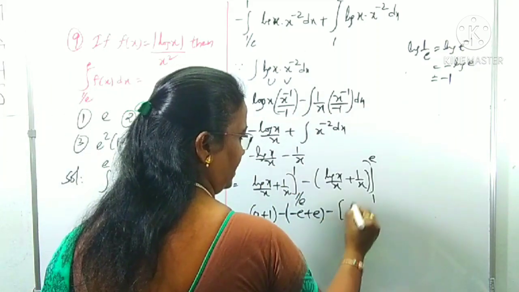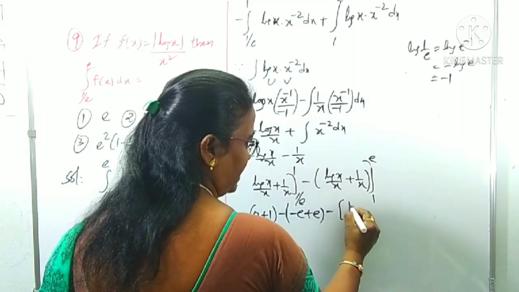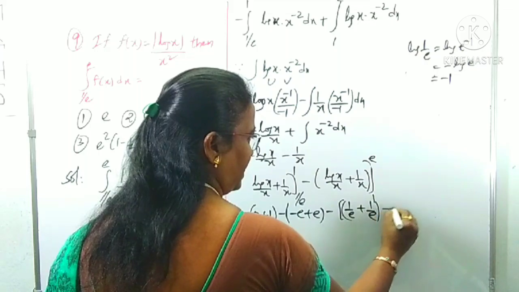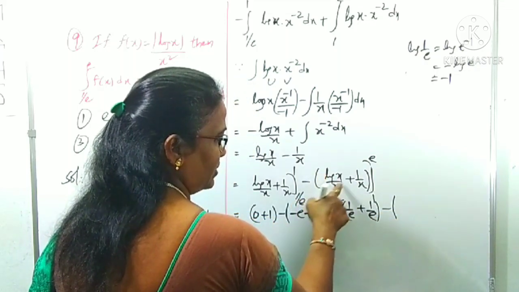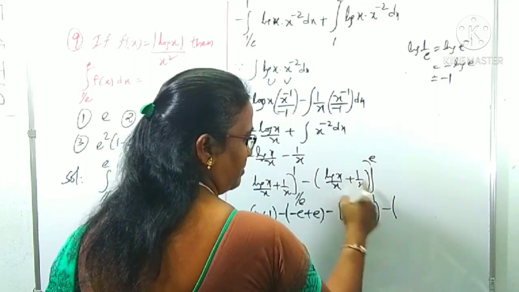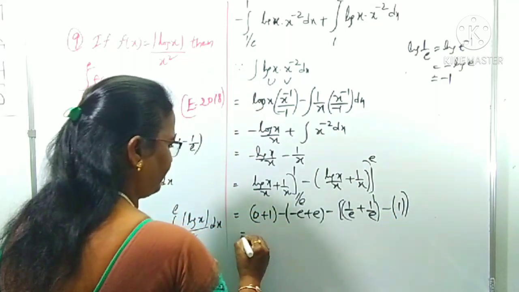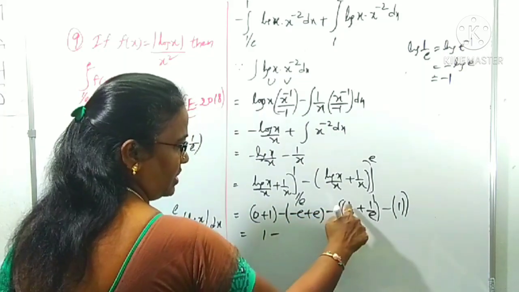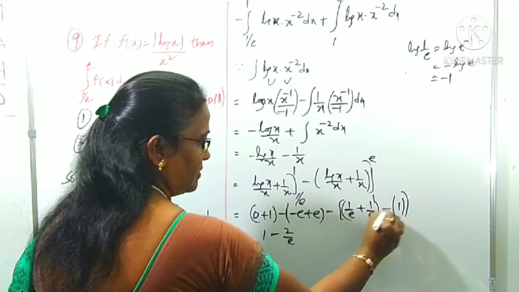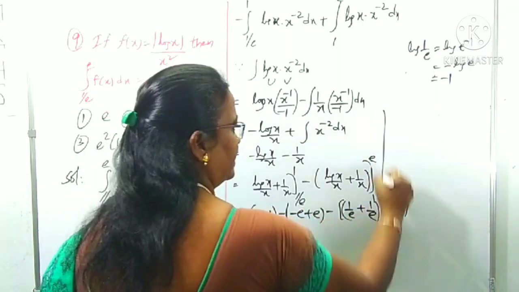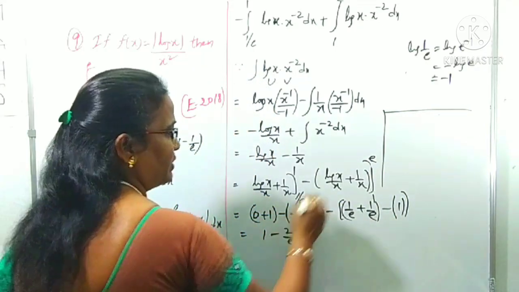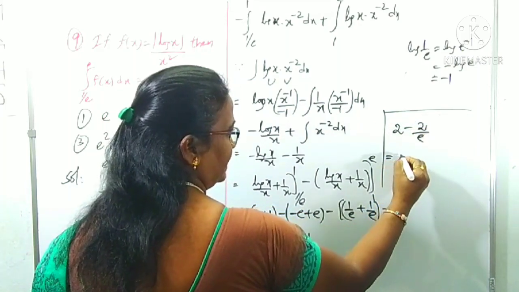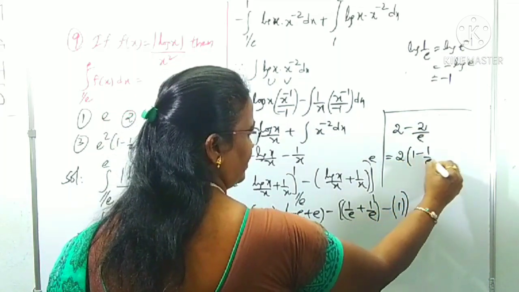Now we can come to the next integral. e we can substitute. Log e is 1, by e, plus 1 by e. This is upper limit minus lower limit. Lower limit 1: log 1 is 0, 0 by 1 is 0, plus 1 by 1 is 1, right? Now this is 1 minus e plus e cancel. This e is cancelled. Now minus 1 by e plus 1 by e is 2 by e, with the minus or minus plus 1, right? Now next step, 1 plus 1 is 2, minus 2 by e. Taking 2 common, it becomes 1 minus 1 by e.